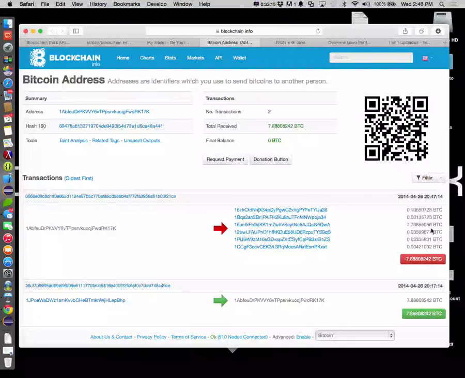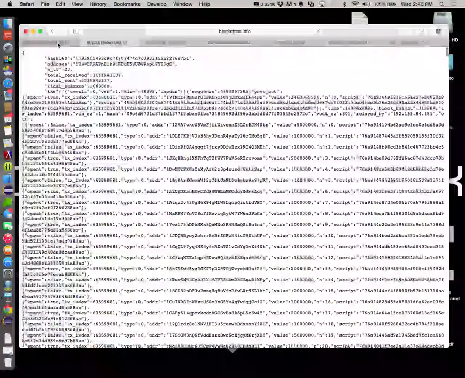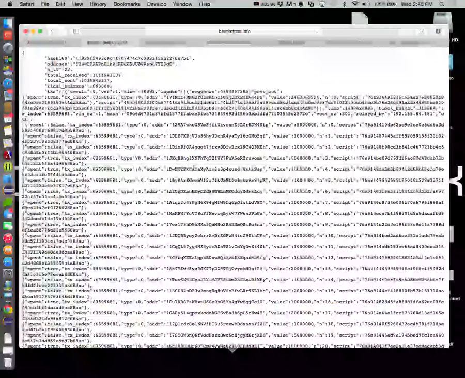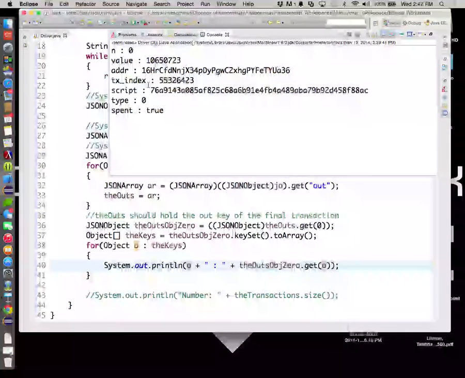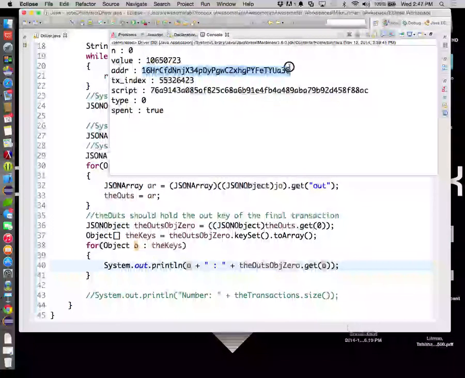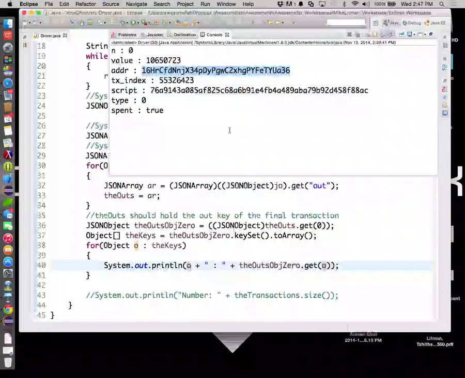Okay. So, is this the only way for us to pull these transactions out? I suspect not. We could get it that way. We can go in, look at all the transactions associated with all the addresses associated with all of our transactions and pull out the pieces that went to us or that we sent to. So if I just look at, go back to this real quick. This is the address that that person came from. So if I just go through and I print out all the addresses,